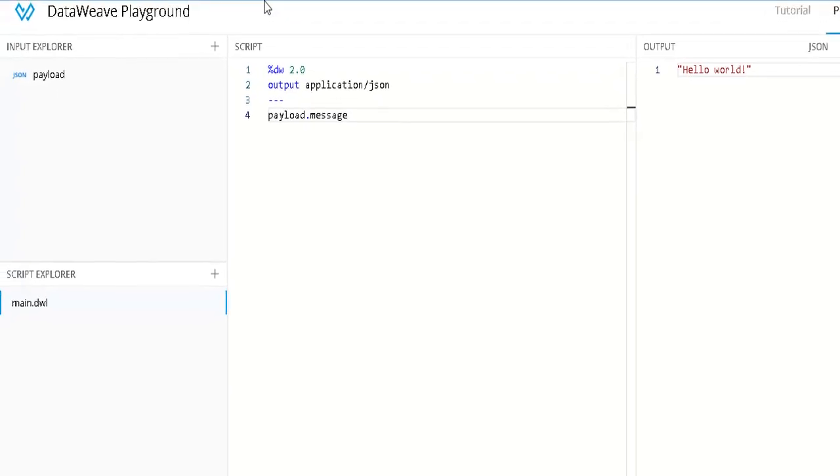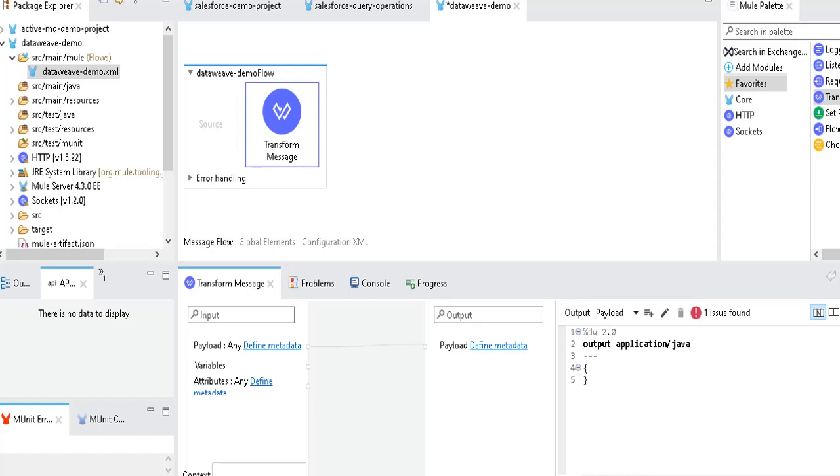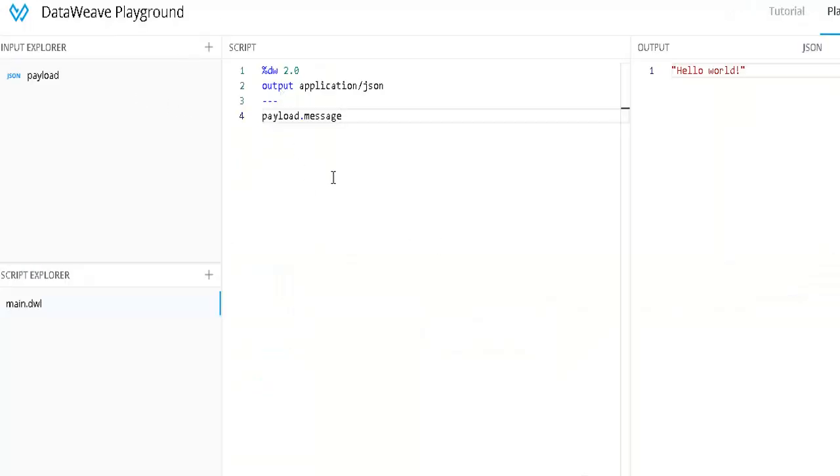Once you enter it, it will open up the DataWeave playground for you, so that you can do the transformations here, and once you are satisfied with your output response, you can copy this transformation to your actual code and use it. Otherwise you can use the Anypoint Studio as well. For a couple of examples I'll use this, and for other examples I'll use Anypoint Studio.